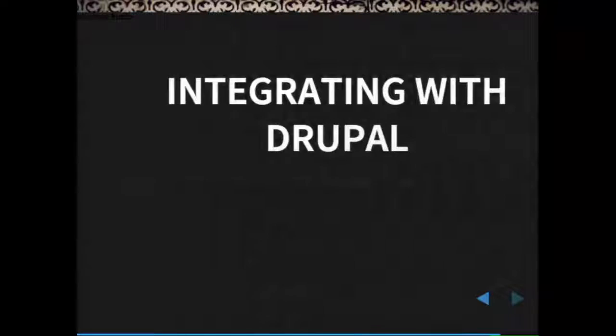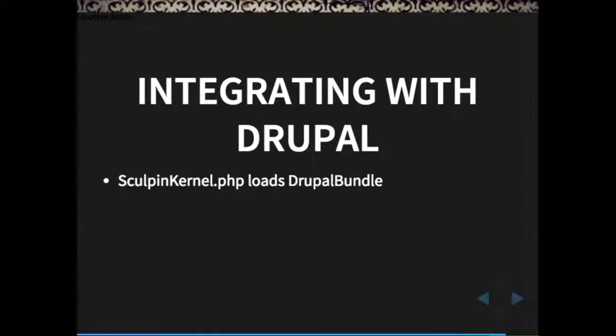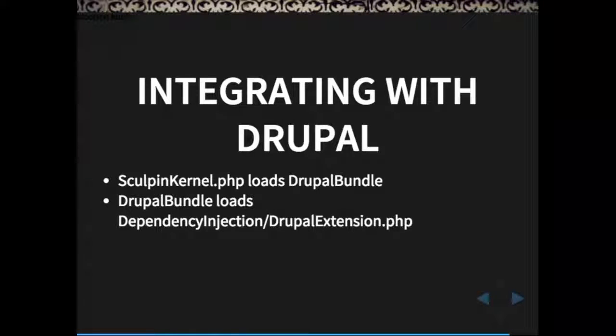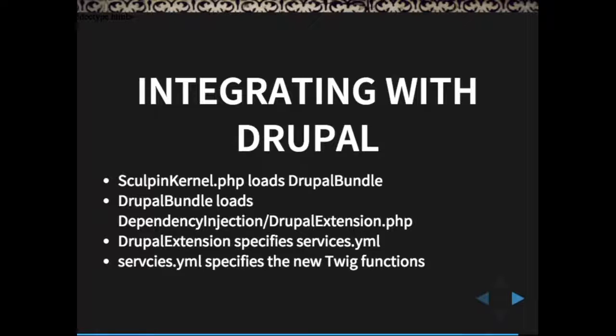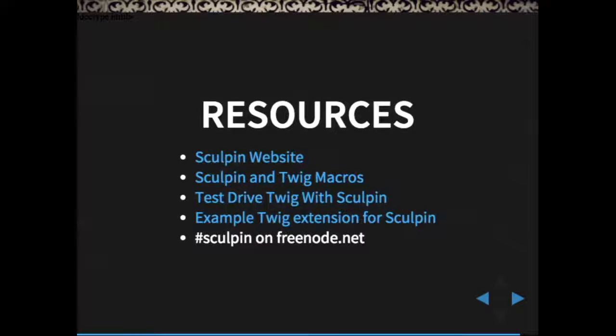Okay. So just to kind of go over that one more time. Sculpin kernel loads in a Drupal bundle that you've defined. Drupal bundle loads the dependency injection Drupal extension. The Drupal extension loads the services YAML file, and the YAML file defines a new Twig function, and you're good. Yay! Okay, so hopefully now folks understand a little bit about how Sculpin works, how you might want to